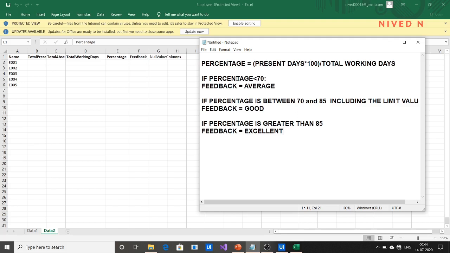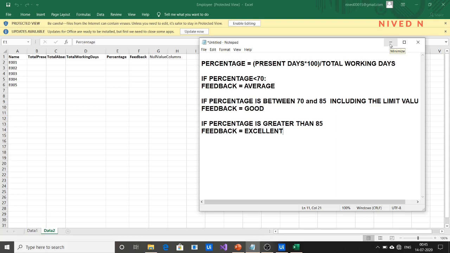First, if the percentage is less than 70, you should provide the feedback as average. If the percentage is between 70 and 85, including 70 and 85, you provide the feedback as good. If the percentage is greater than 85, you have to provide the feedback as excellent. So this is the calculation part that you have to remember.